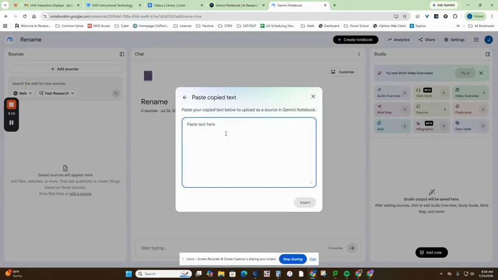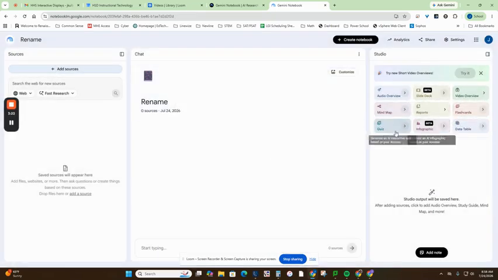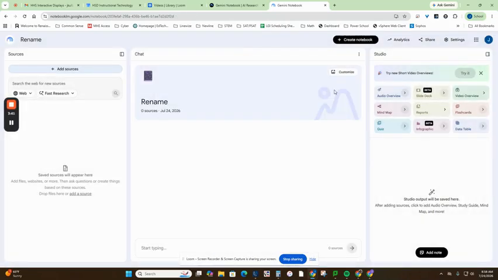So if you find an article on the internet, you could copy that, you could paste it in here, and it's going to create these resources for you. In the other videos, I'm going to show you what it actually looks like once they create these resources. But this is how you get it up and running. Rename it. You're going to add sources from your computer, your Google Drive, websites, things like that. And I'll show you what that looks like